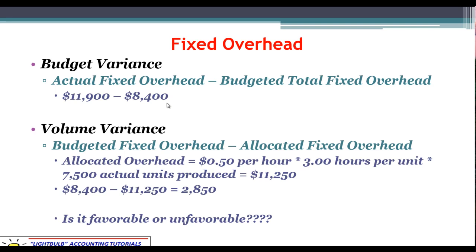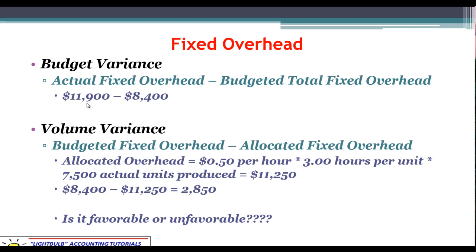So we're comparing actual total fixed overhead that we used minus budgeted total fixed overhead we expected to use. We budgeted for $8,400, and by fixed overhead we're talking about things like depreciation, salaries of maybe our managerial staff, supervisory staff. Those things aren't expected to change with the activity levels. So generally these should be pretty close. The fact that there's a fairly decent difference here is a little unusual. It means that for some reason we spent more than we budgeted.